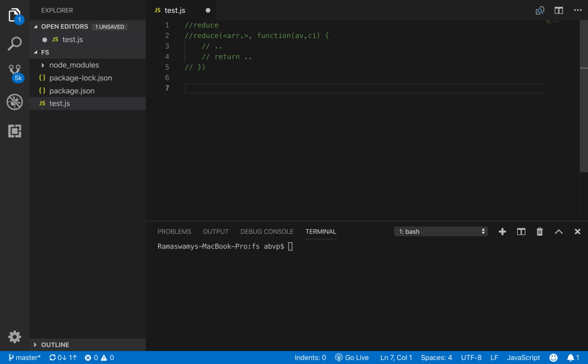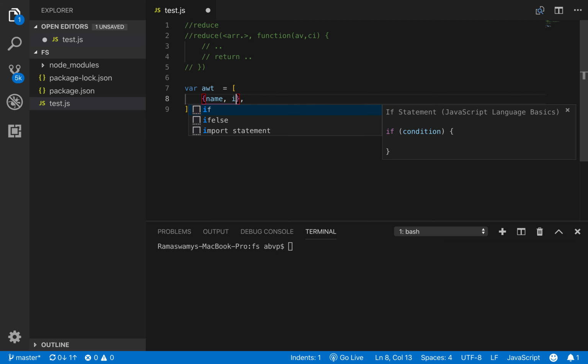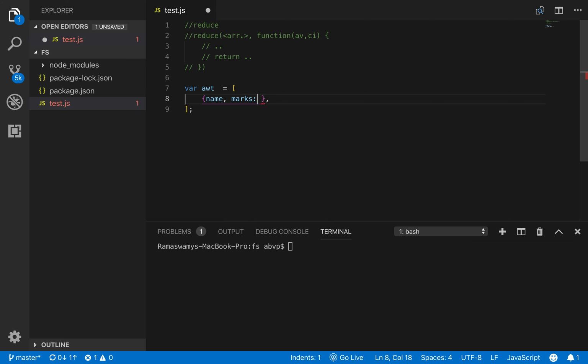Let us now see an example in JavaScript for this function. Let us say we want to find the average marks of a course in a class. So let's get started by creating an array named, say, AWT, for the course Advanced Web Technologies. This is an array that has 4 objects. The first object has name and marks, with the marks as 90 and the name as, say, student S1.